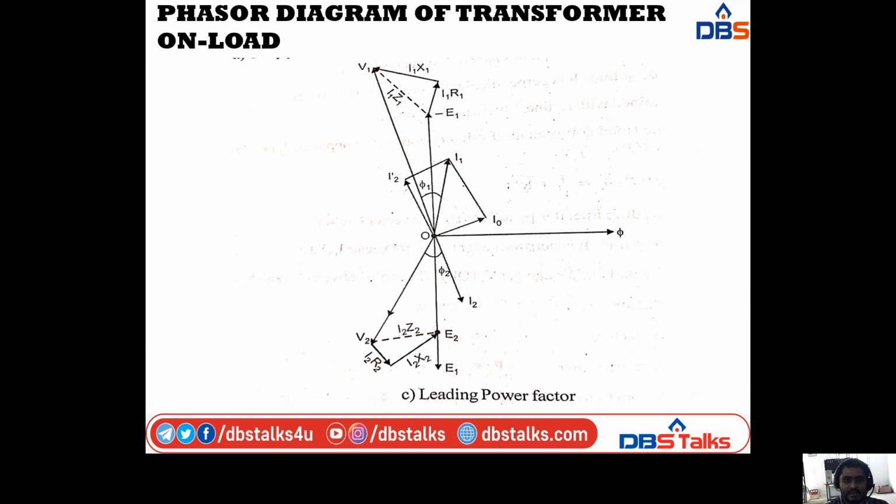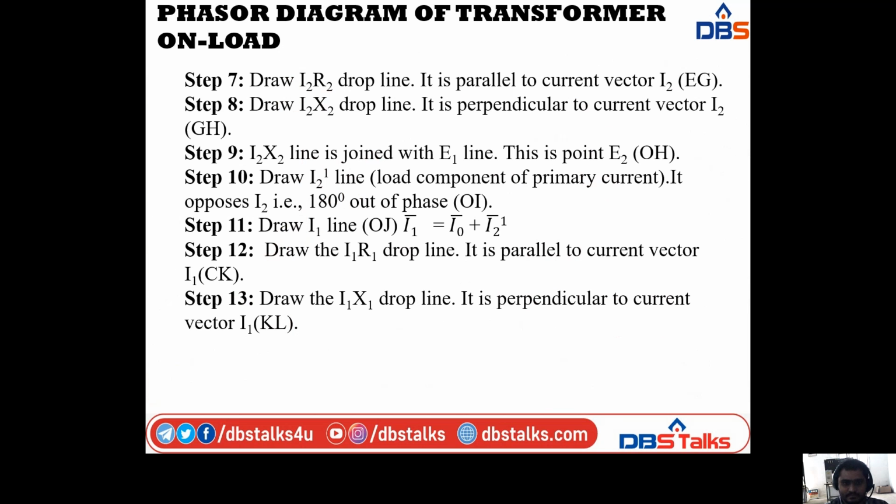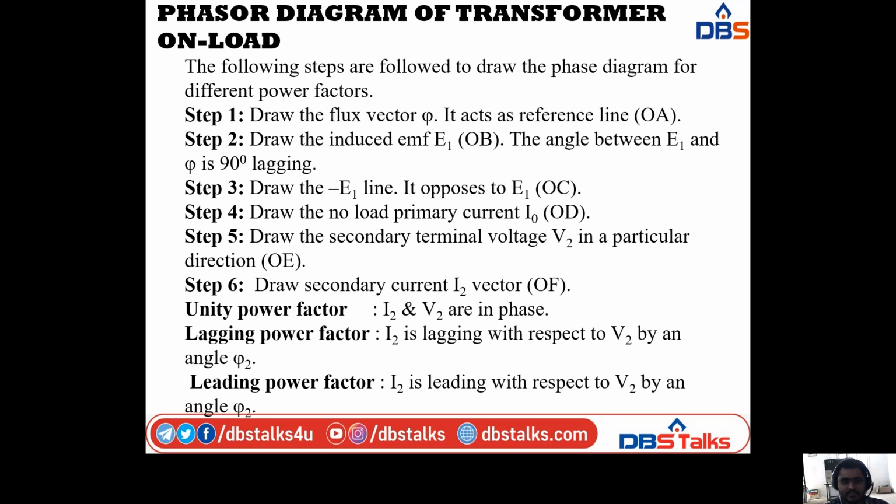OE. That is the V2 line. And next, coming to step 6. Here I am drawing the secondary current I2. That is the OF line. But after we discussed flux, induced EMF E1 and minus E1 line, and primary current